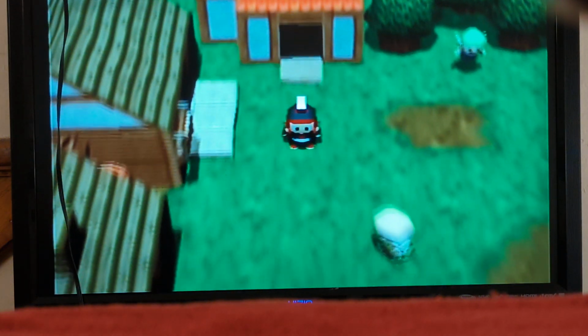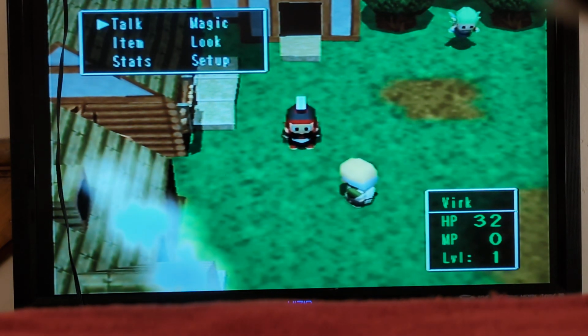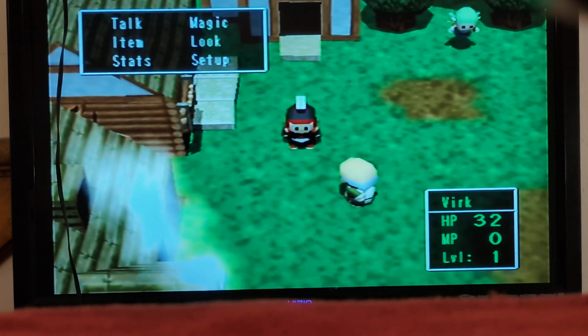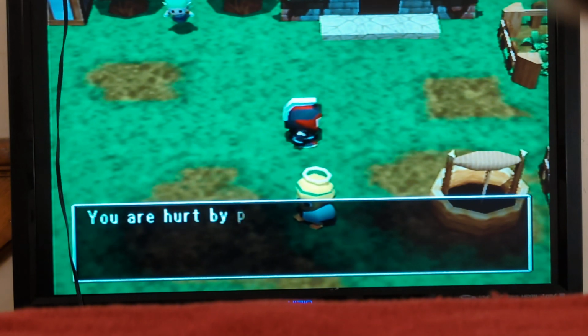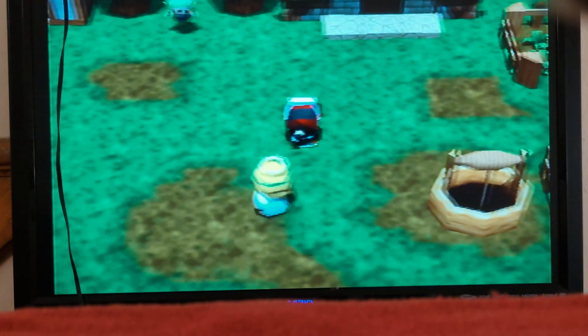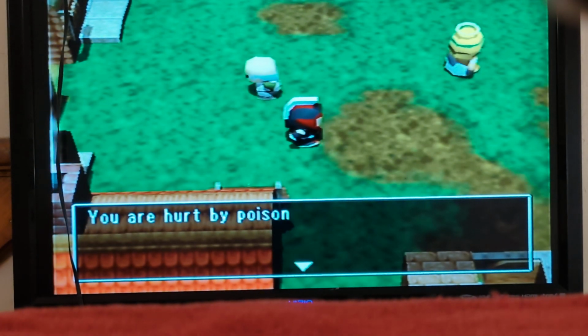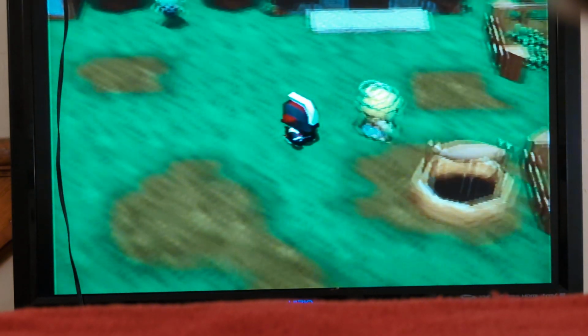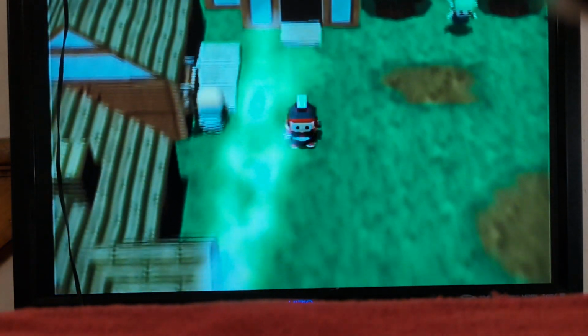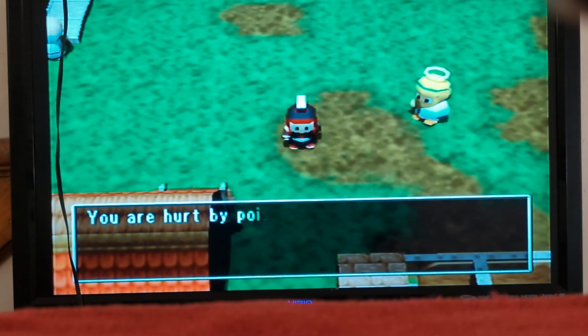And now we will see I'm hurt by poison. Now Verk originally has 33 HP. That successfully took away. So we'll see how many times he is hurt. So he's hurt by poison, and he has lost 1 HP. So that's how you functionally decrease HP with the poison status. And we can see the steps are hurting us. But after so many steps, see, it's not that low. It's going to cure. So,